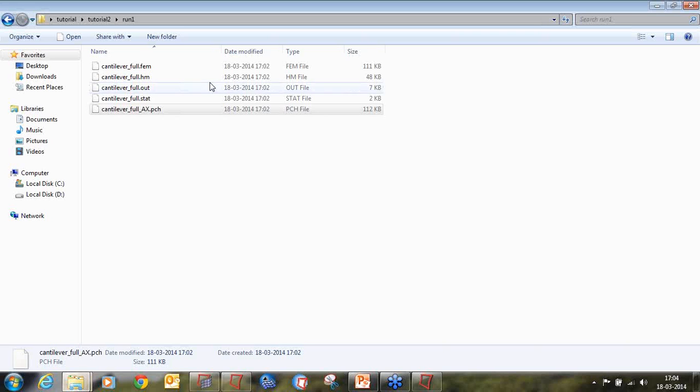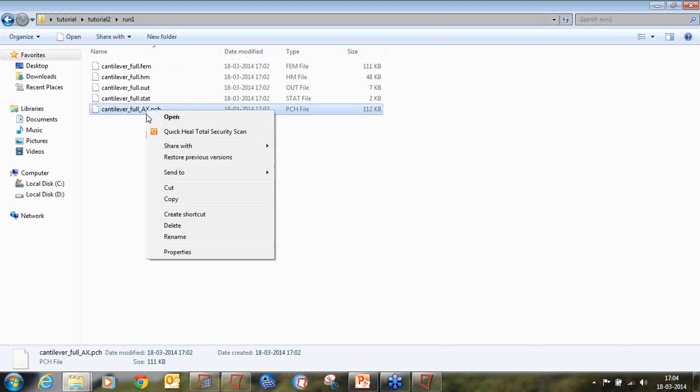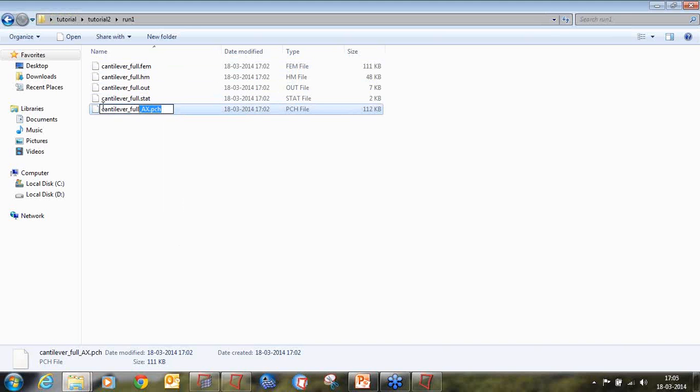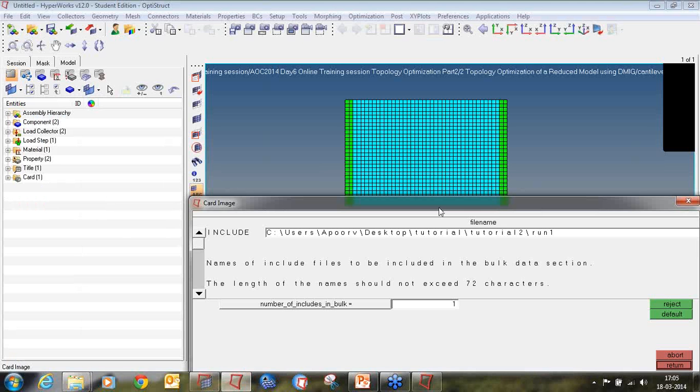Or you can directly rename it, you can rename, copy and paste this file.